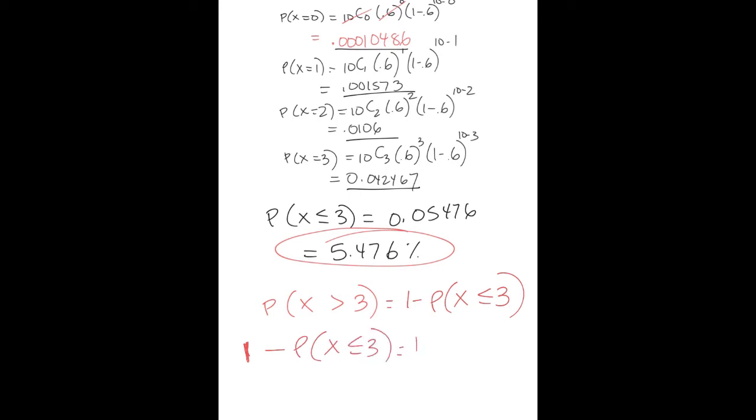We can think of calculating as 1 minus the probability that X is not greater than 3, or less than or equal to 3. Since we've already done most of the work here, all we have to do is take 1 minus 0.05476,